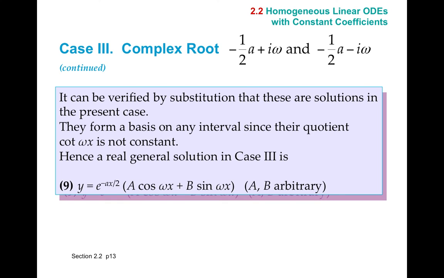So the complex conjugate root forms a damped oscillator where e to the minus ax over 2 is the damping term, and the sinusoidal term in the parentheses is the oscillation term. You might remember that if you have a cosine omega x and a sine omega x, basically what that represents really is a sinusoidal function that has had a phase shift. So in electrical engineering, we're very used to it, and we could even